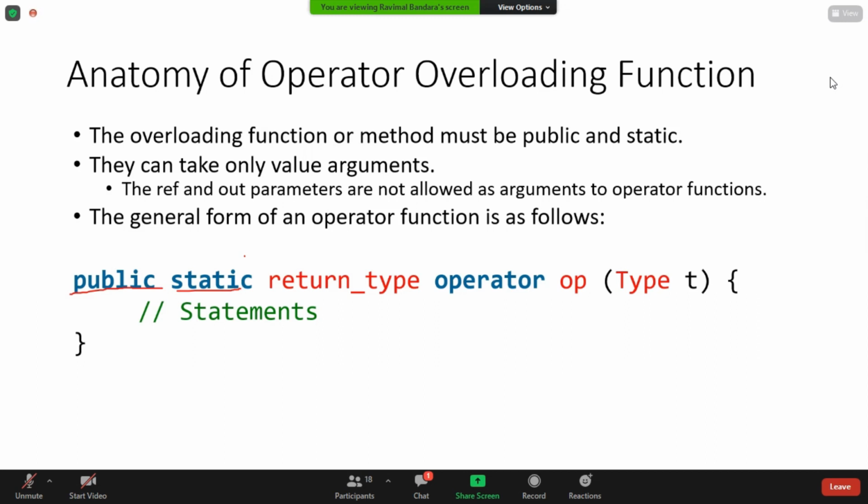In typical functions we can use ref. Ref means you are referring not to the value but to the address of the variable. That's possible especially when you are going to change the value and need to reflect that changed value back through the passed argument. Pass by reference. By the way, do you have the concepts of pass by reference and pass by value in your mind?